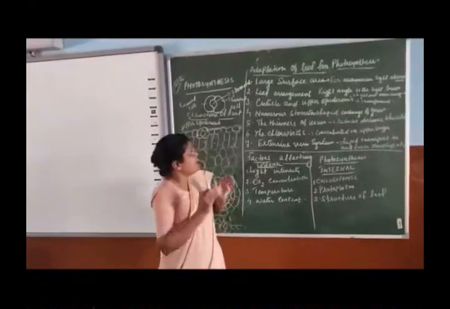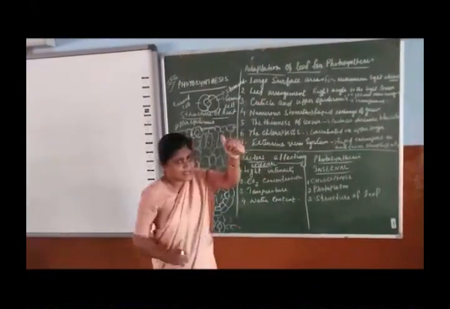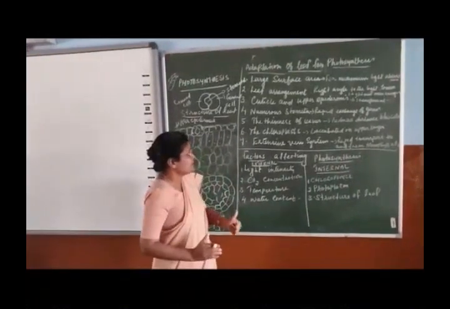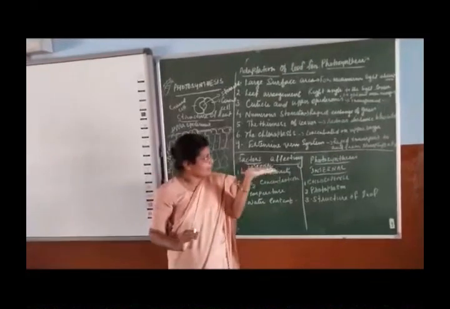I repeat, the different adaptations that the leaf has for photosynthesis. Number 1, large surface area. Number 2, the leaf arrangement. The leaf is arranged at a right angle to the